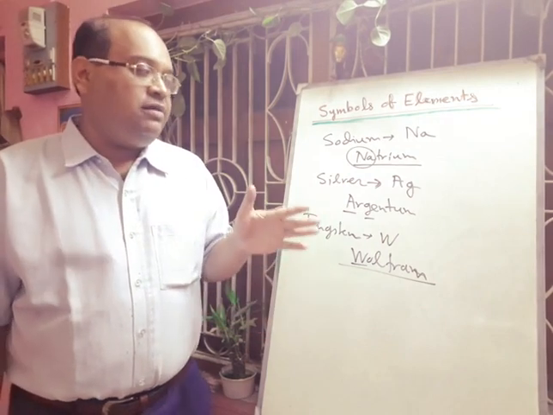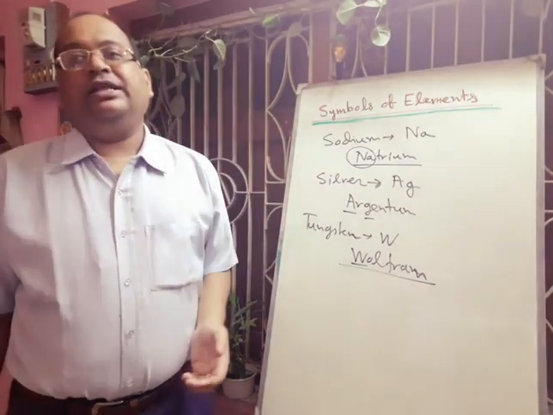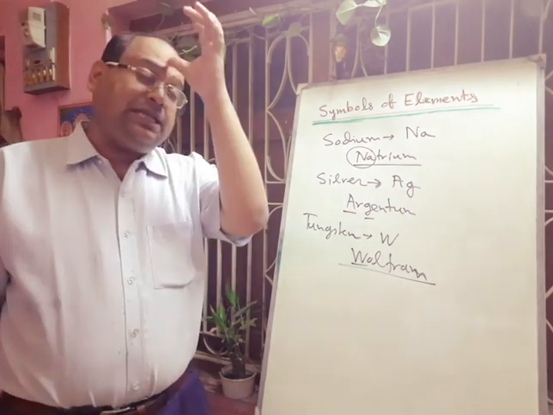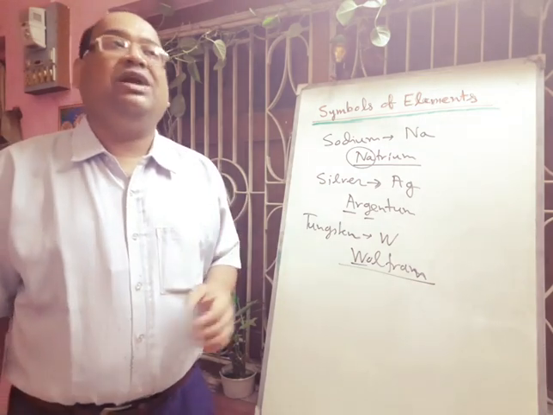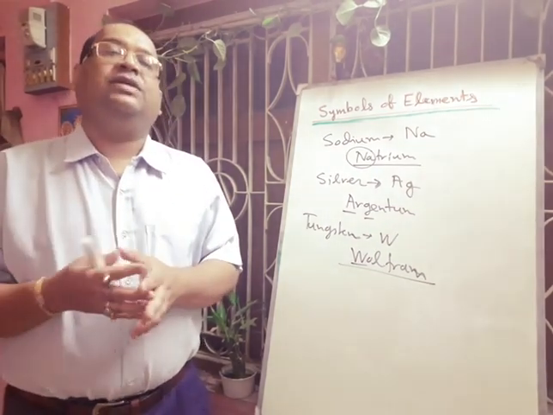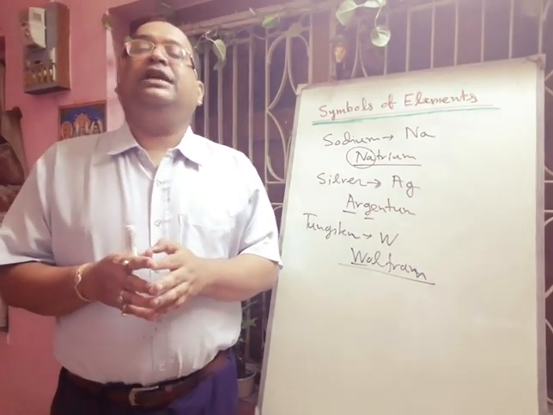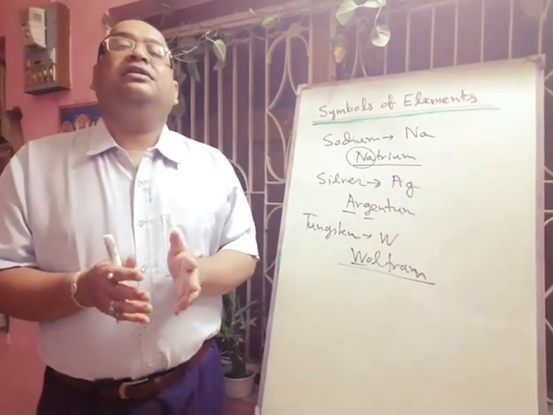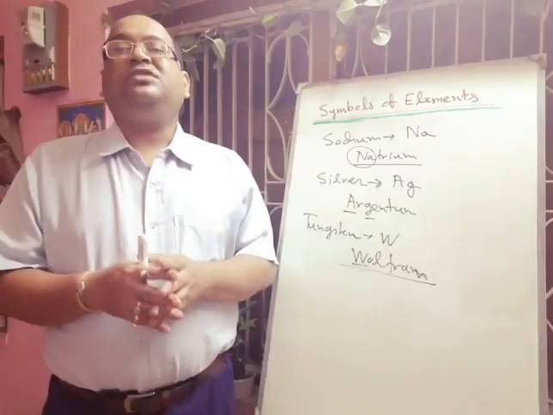Now, there is one committee, the IUPAC committee, whose full name is the International Union of Pure and Applied Chemistry. It approves the names of elements, compounds, whether organic or inorganic, and symbols of newly discovered elements. Only one name is given by IUPAC, and the whole world can easily recognize this particular compound, element or molecule.